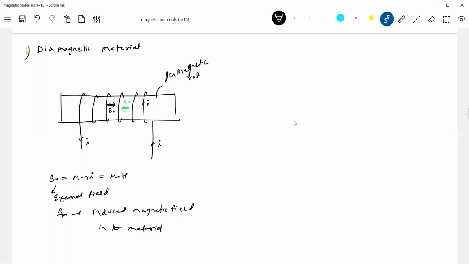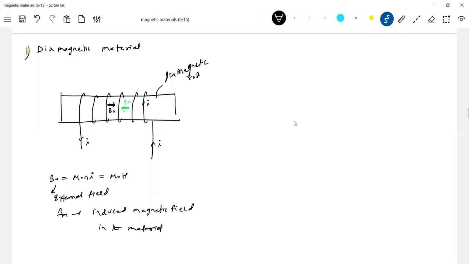So in this sense, before passing current I, will the diamagnetic rod have any magnetism of its own? No, nothing. The moment you pass a current I, the B naught will come into existence, and that B naught will induce a magnetic field, and that Bm will be towards the left here. What makes that Bm come into existence when you pass a current I is what we have to explain. This induced magnetic field is due to change in the dipole moment of revolving electrons.